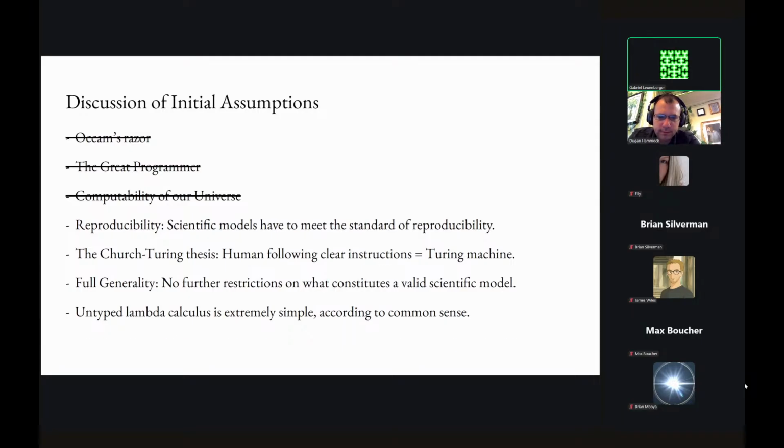I mentioned all of these. And then another one is an assumption of impartiality, neutrality, fairness, objectivity for science and epistemology. This shows up sometimes as the principle of indifference or things like that. For example, when we said that the reference formalism should be as simple as possible, that was also, for instance, to avoid cheating in some way. So that's what this is all about. And these are all of the initial assumptions that I think should be enough to prove Occam's razor. And I think everyone can agree with these initial assumptions.